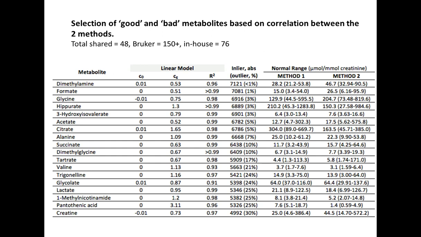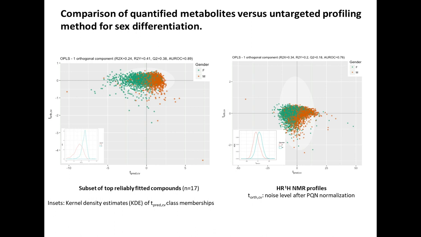So knowing the creatinine is fitting well, we then moved to look at other metabolites, about 200 metabolites in total. For those that overlap with Bruker, which was 48, we found good correlation, mainly within 5%, with a couple of metabolites outside that range, possibly to do with relaxation, and the methods we're using in Imperial don't quite accommodate overlap of peaks. But again, we find good correspondence between the two methods.